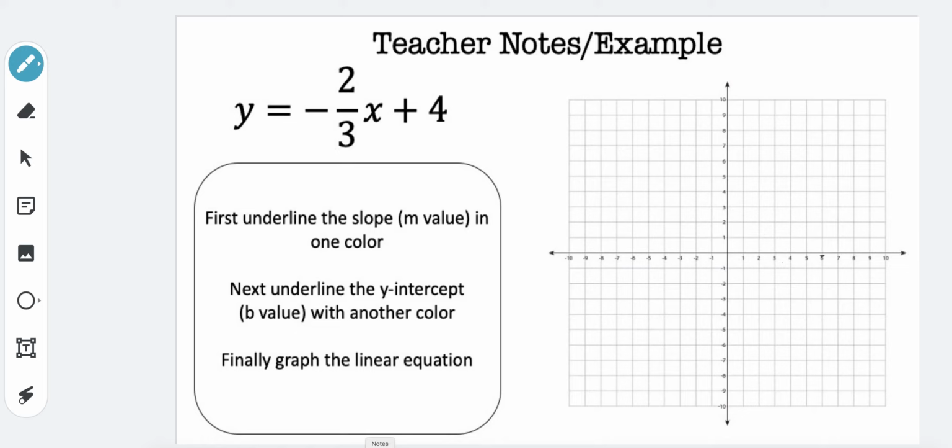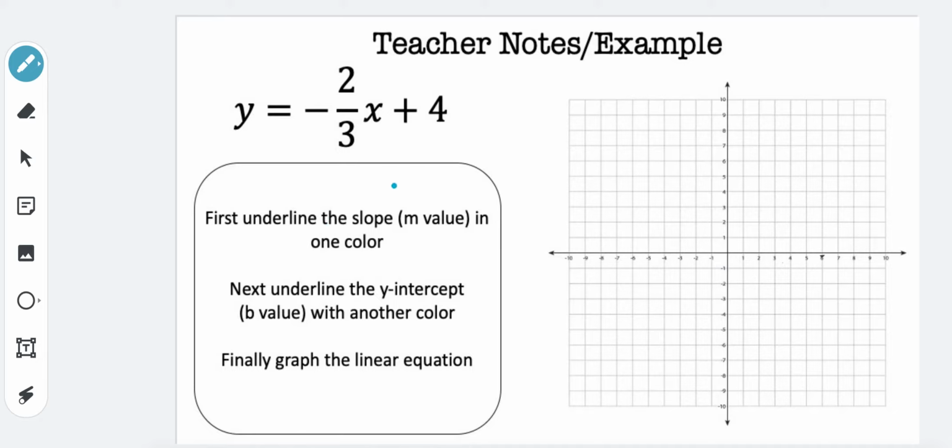Hey everybody, in this video we're going to graph the function y equals negative 2/3 x plus 4 using slope-intercept form. Okay, so first of all, come over here and grab your first color. And what we have to do first, it says first underline the slope or the m value in one